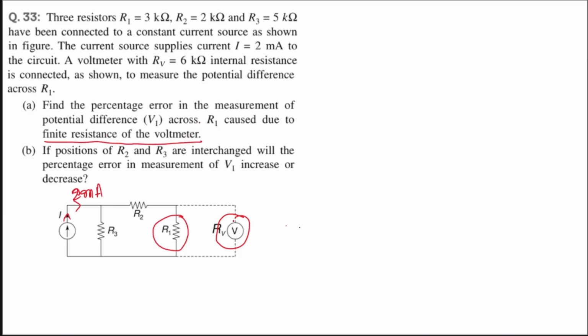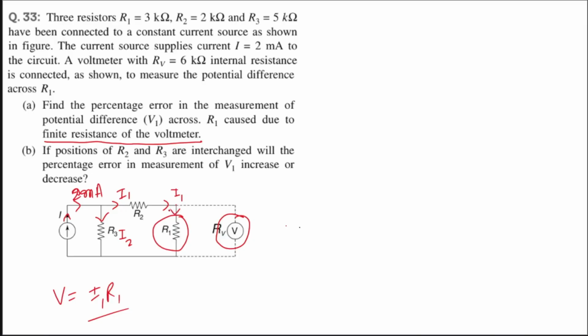So here, if we look at why this error will get introduced, we need to think about it. First, think that the current comes out from here, some value I1 will go here, and some value here will be I2. Let's say now this I1 will come. If there is no voltmeter, the whole I1 will go along this. So in that case, the potential difference will be I1 R1. But now if the voltmeter is there, though this voltmeter has a very high value of resistance, so it won't take much of the portion of I1, but still it will take some, right?